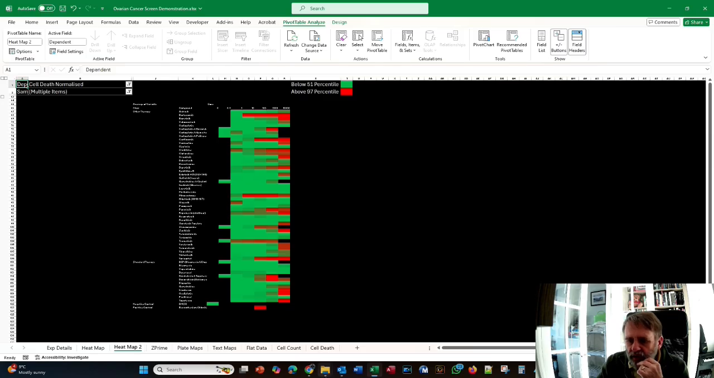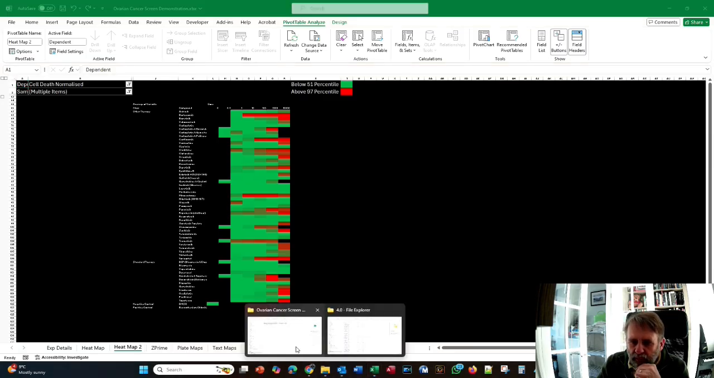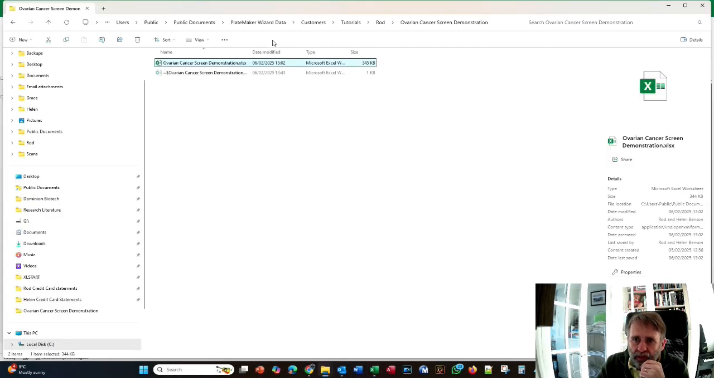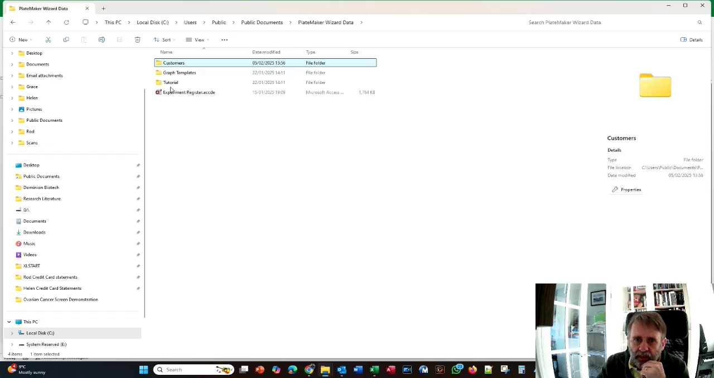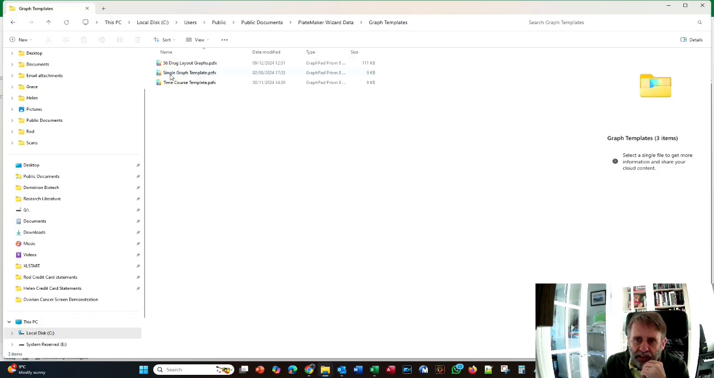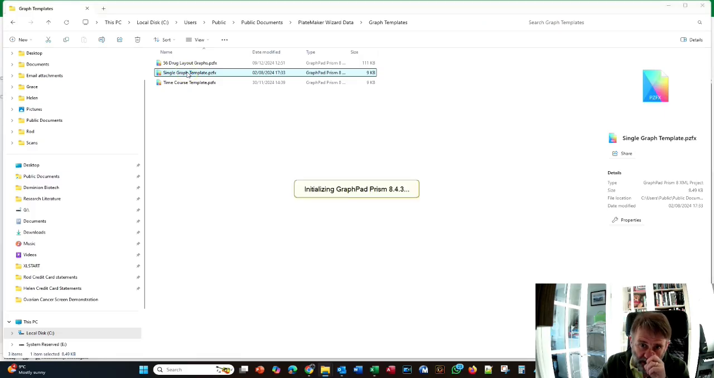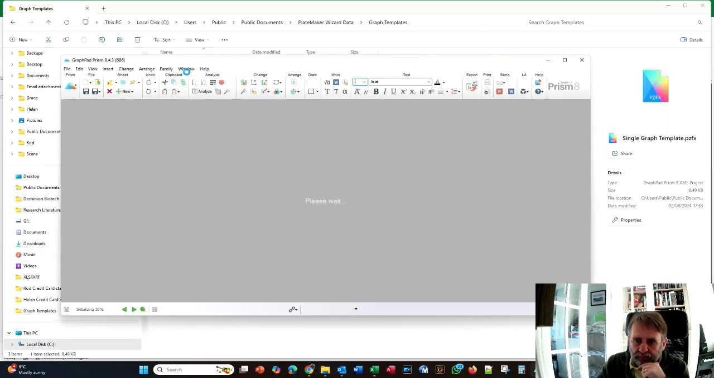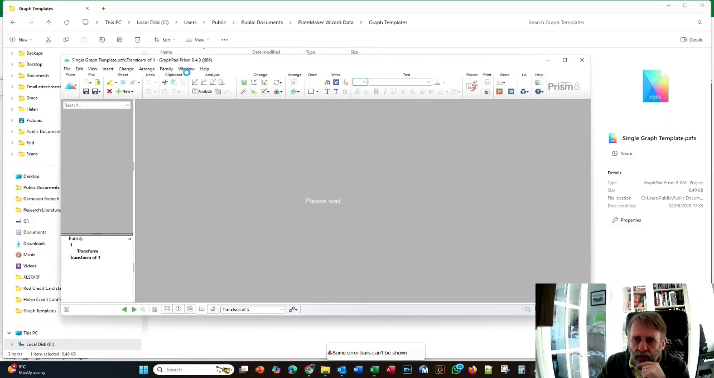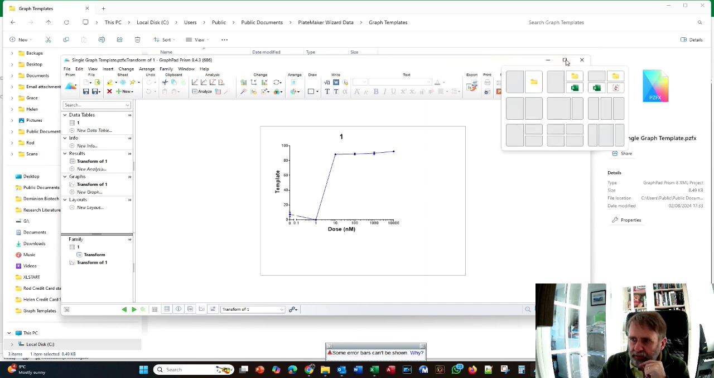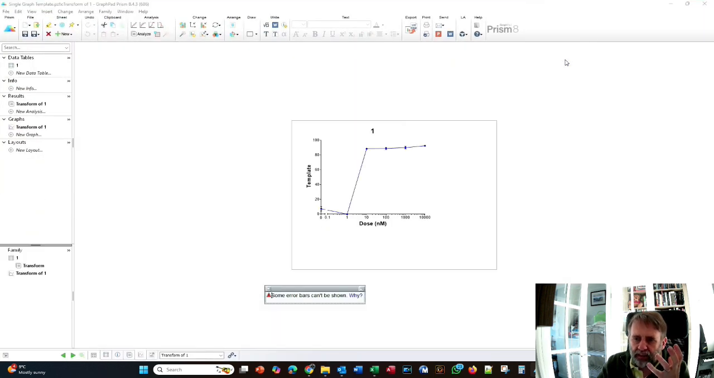And just to show you how we're going to do this, if you go back to the Platemaker Wizard data and you go to graph templates, you can see there are 3 templates that are included, and these are just standard Prism graph files with the program. I'm just going to click on single graph template for a minute just to show you what I've done here. I created this basic Prism graph file to be a container for all the different dose response curves of